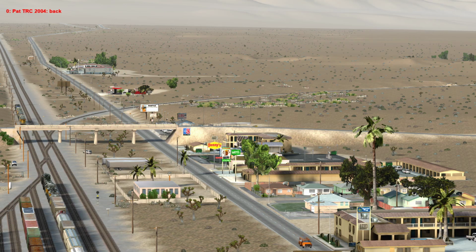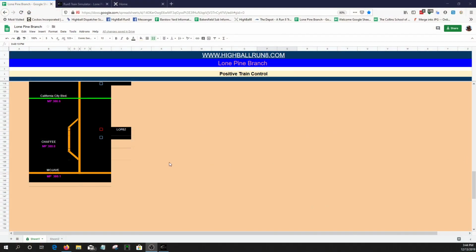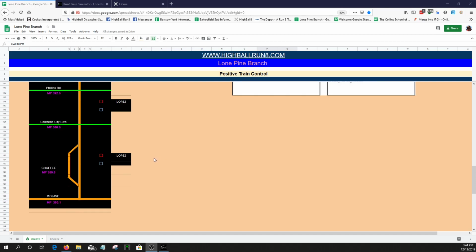So that brings us back to the spreadsheet, and we're down at the Mojave yard, and we're going to enter the branch line. Well, we've already put in our train number. We're going to run the local LOP82, and we want everybody to know that we're here and that we're running. So now that we're registered, all we have to do is click on that,